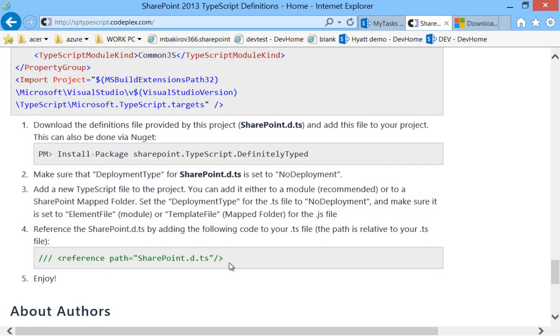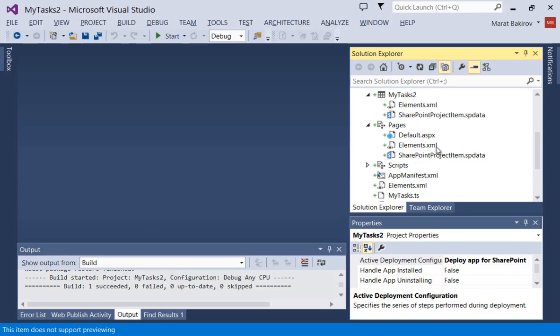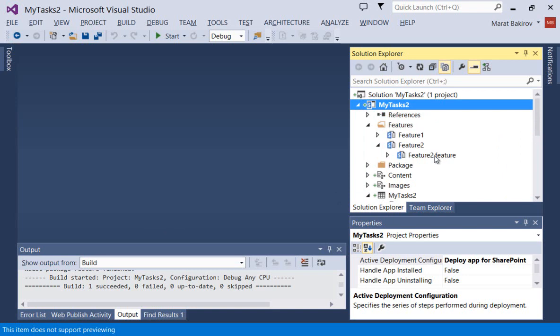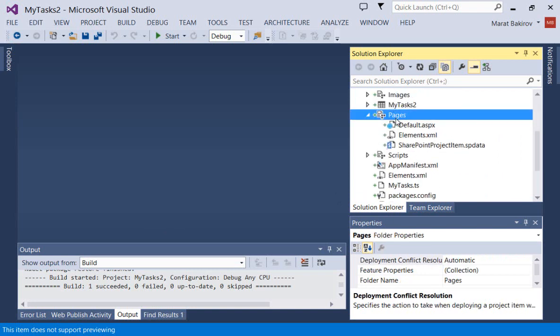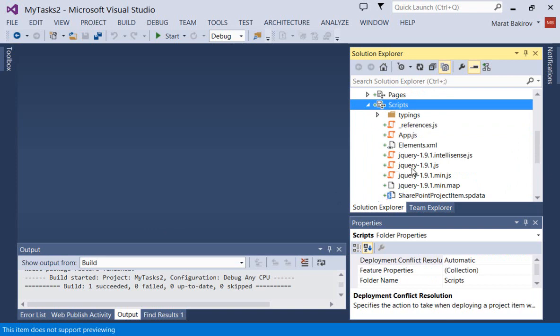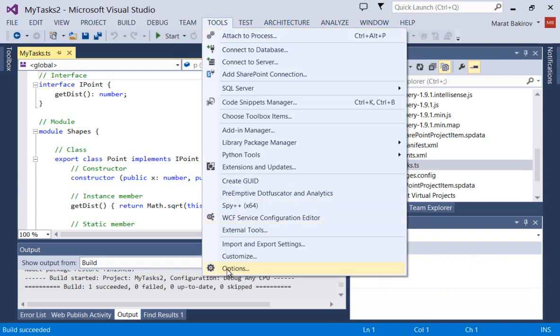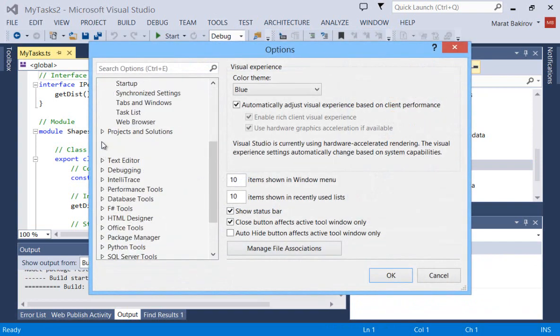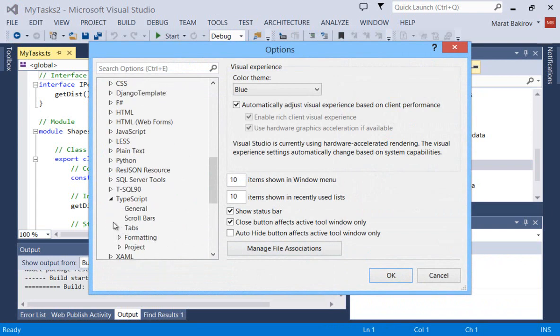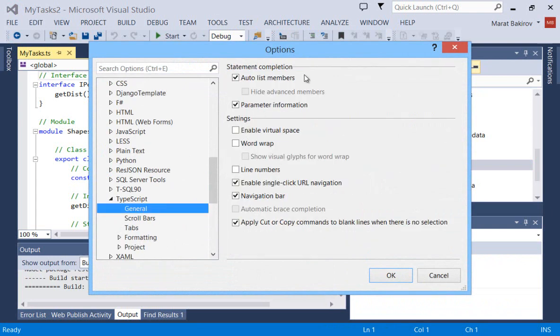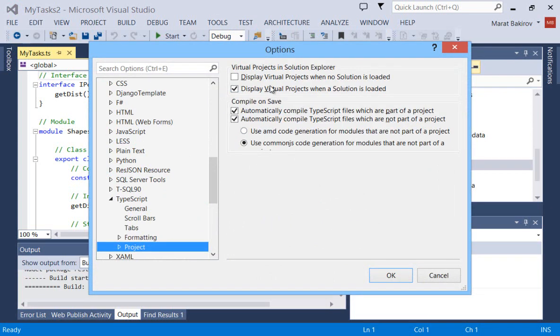Here are some other steps we could do. In TypeScript, what happens is that TypeScript is compiled when you build the project or when you save your file, and this can be changed in the configuration. That's somewhere saying like text editor, TypeScript. I really recommend always saying display virtual projects, because sometimes TypeScript doesn't see your TypeScript files,